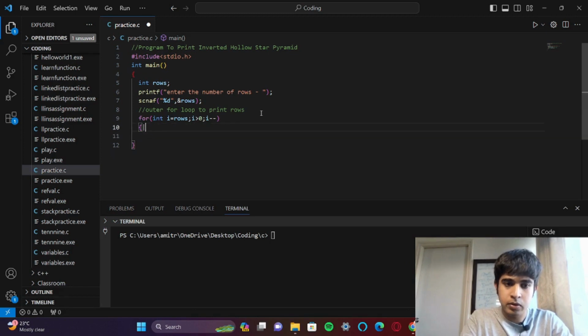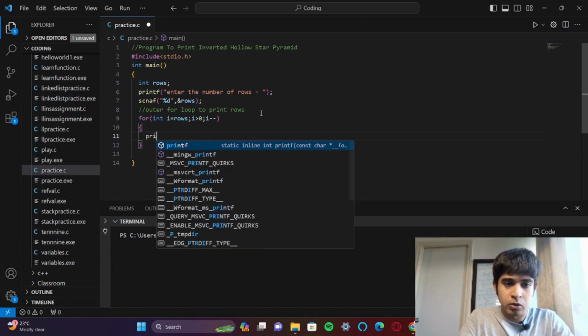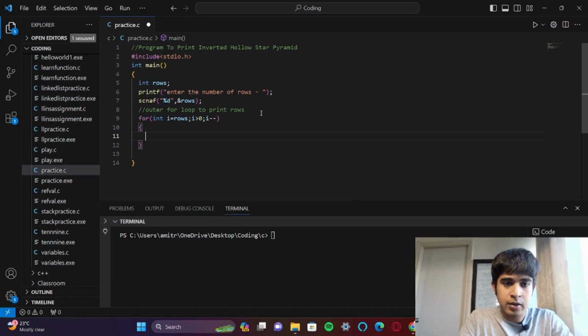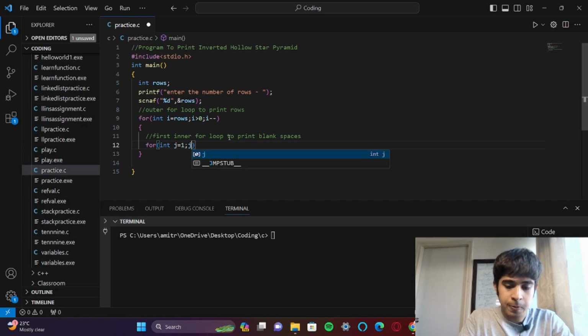Here I'm going to start writing my inner for loop. This will be my first inner for loop, to print blank spaces. Okay, so for int j is equal to 1, j less than